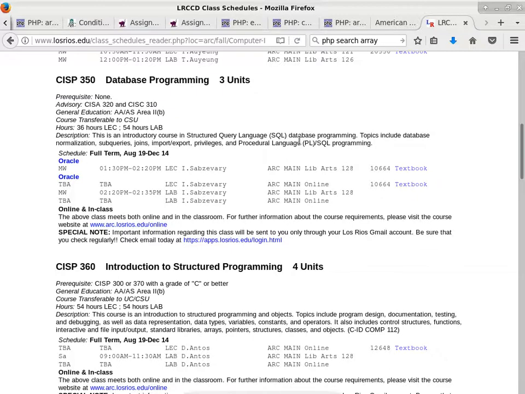But the other class that you might want to consider, later on we will be introduced to SQL, is database programming. Database programming, at this point, is specific to Oracle, okay? But that's just one of the many database engines that make use of SQL as a query language. So if you master Oracle SQL in this class, it is a very quick and easy change to make use of MySQL, to make use of PostgreSQL, and so on, because they are all SQL.